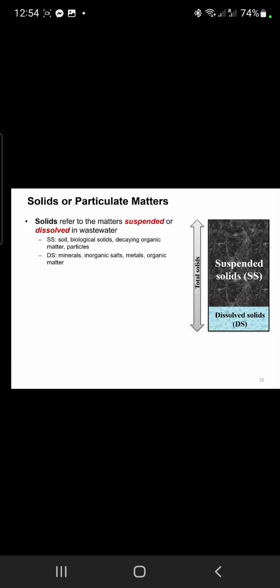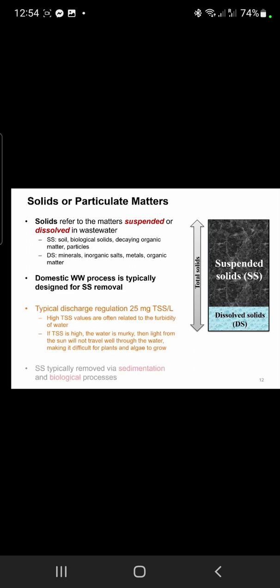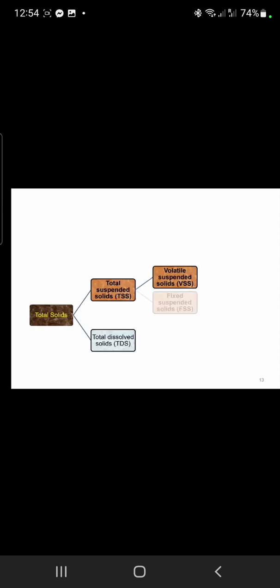Some solids. Again, I think most of you probably know about the solids, right? It's pretty straightforward. In wastewater, we also talk about suspended solids and dissolved solids, but in solid waste, we don't need to worry about it. It's going to be either total solids or volatile solids. It's less complex, but for your information, you can go through the solid slides. But what I want you to know is,